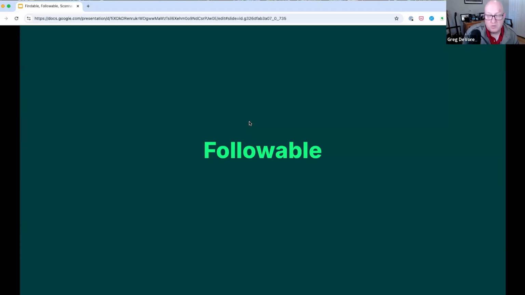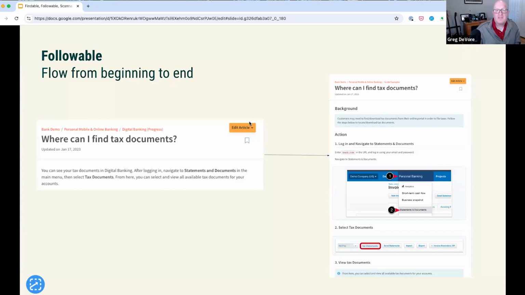We'll ask them to run a test. Put the document in front of someone that's there, pretend that they found it somehow, and have them follow it without anybody else helping them. And it doesn't work. So what do you do to make something more followable? Well, a lot of times you'll see things like this.